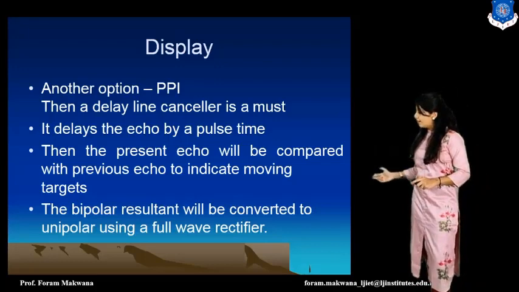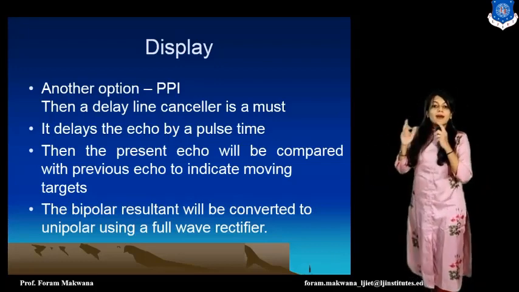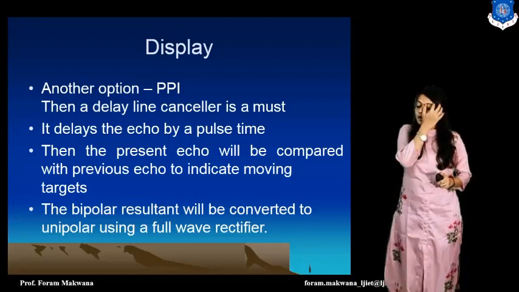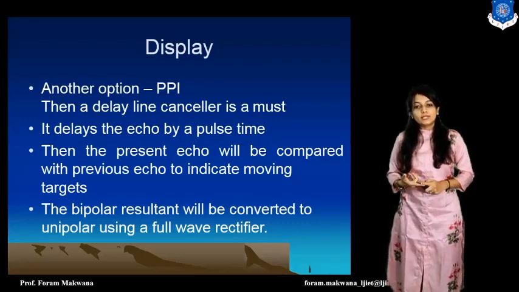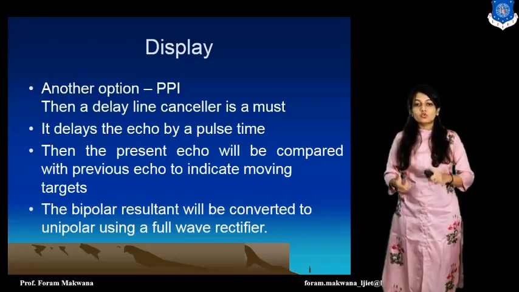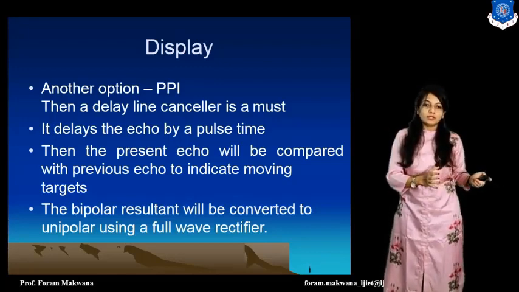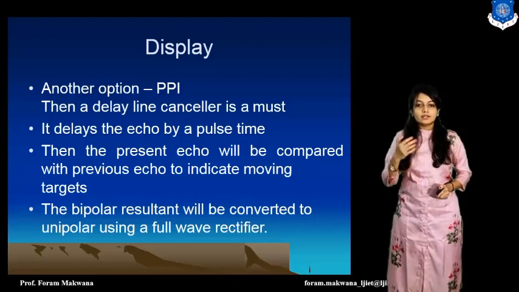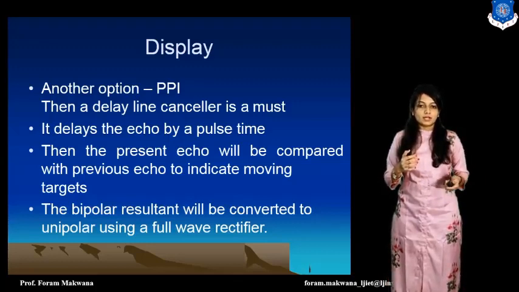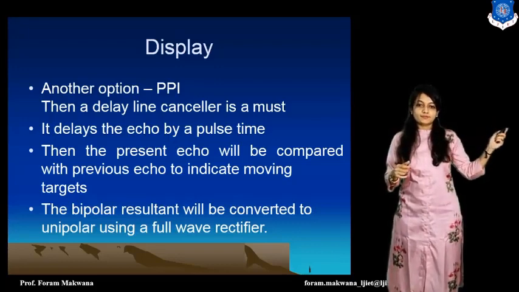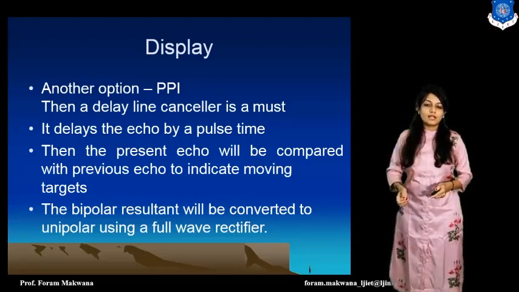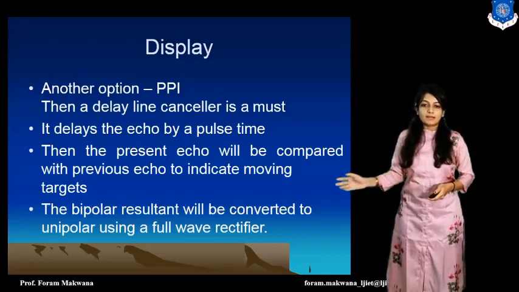As a result, we get the bipolar signal. That bipolar signal is going to be converted into unipolar. Why? Because we only need to indicate whether a moving target is present or not. Okay? So conversion from bipolar to unipolar is done with the help of a full wave rectifier. In a full wave rectifier, a diode is there. And what is the function of the diode? The diode clips off the negative portion of the signal and gives only the positive spikes. You have already done that in the semester 3 subject of electronic devices and circuits, the different types of rectifier.